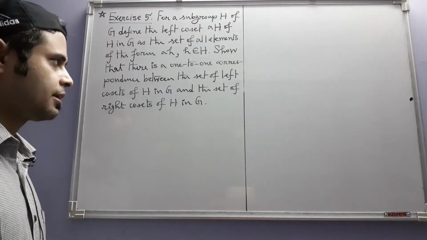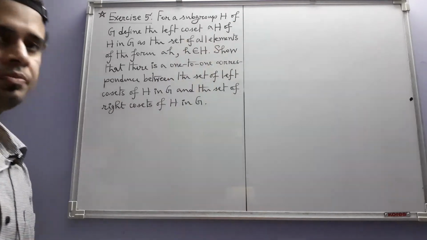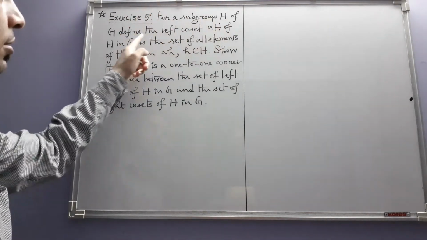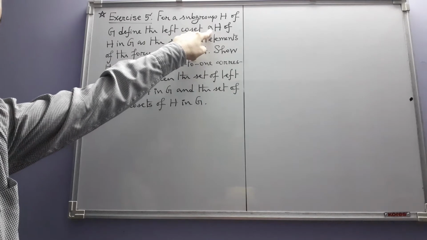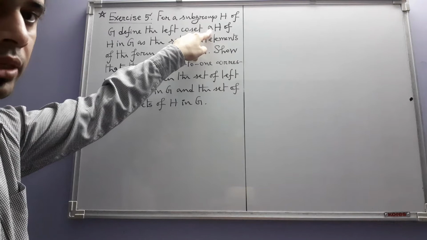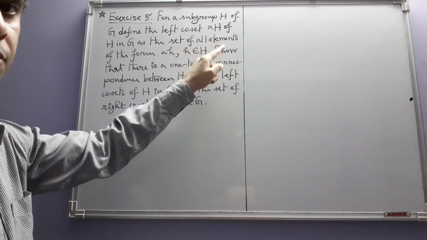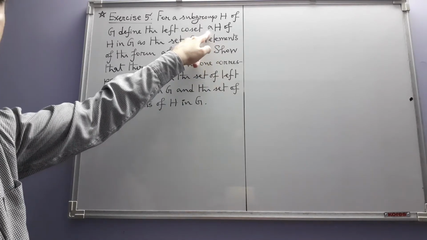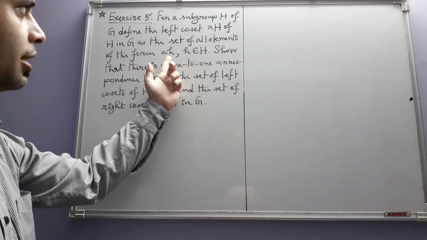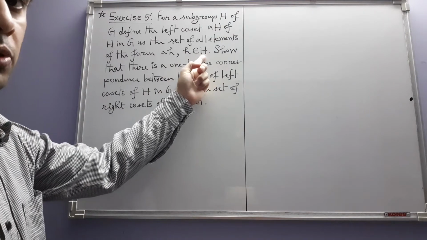Okay, so exercise 5. Now here we are given something new. First of all, we are given a subgroup H of a group G, and A is any element in G. Previously we defined the right coset of H in G by the element A. Now correspondingly we define the left coset of H in G by the element A, which naturally you can guess, it is the set of all elements that look like this, where this element h varies over the subgroup H.